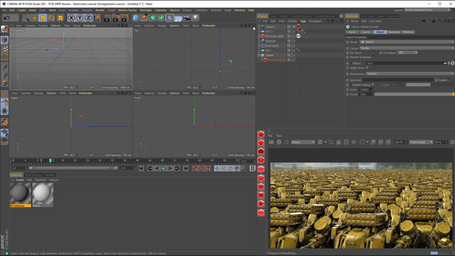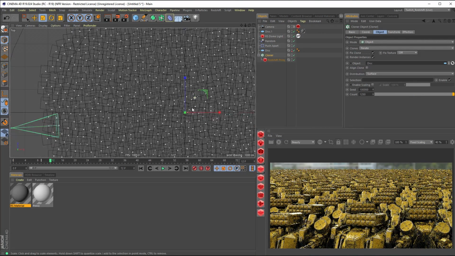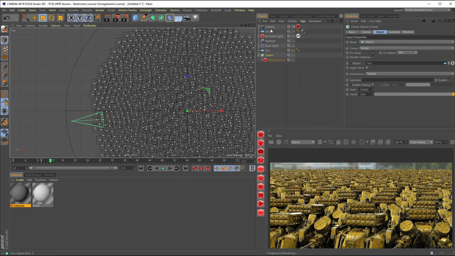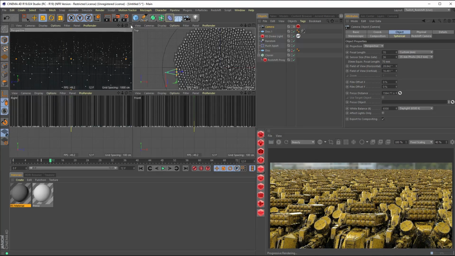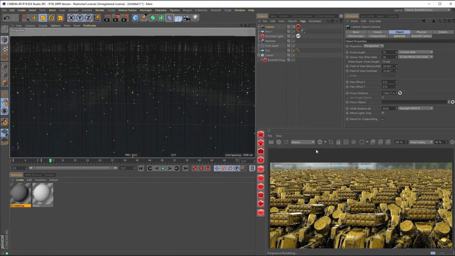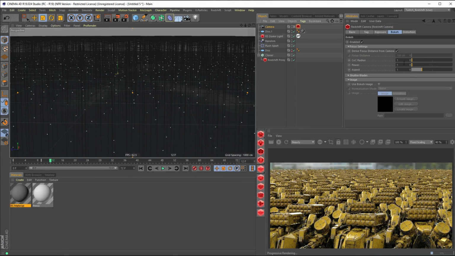Super annoying. I wish that just defaulted to locked, but whatever. All right, so our focal point actually looks pretty good. I might move it a little bit closer to this front bot here, but that looks pretty good. Okay, cool. So let's go ahead and start playing with the bokeh settings, which is just going to be the